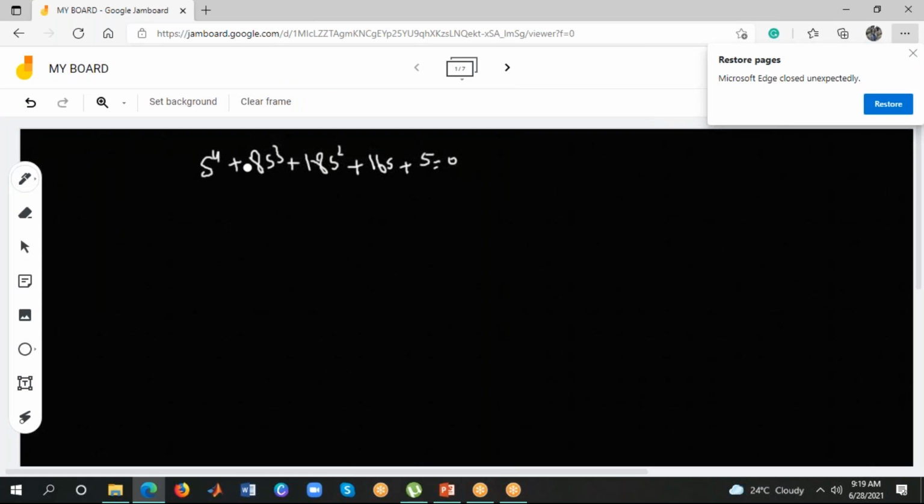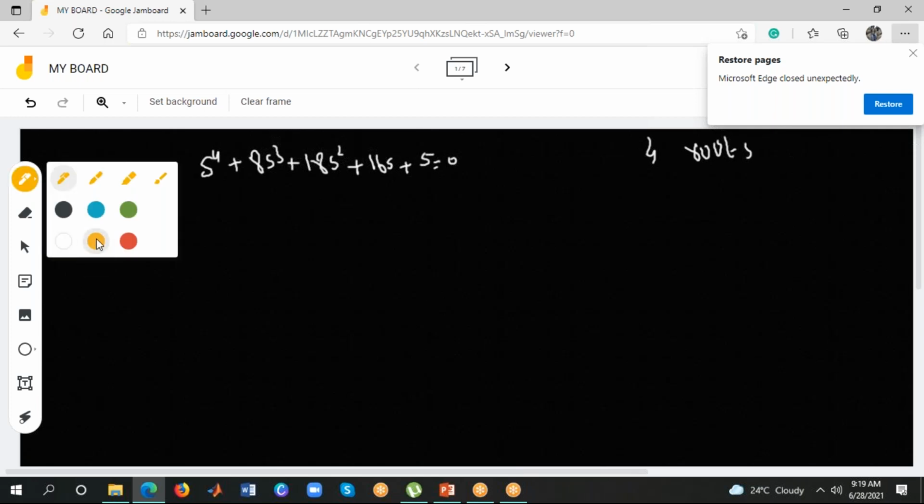So this is the s power 4 term, right? Surely you will get 4 roots. Now we need to know that out of 4 roots, how many roots are lying on the LH side, how many roots are lying on the RH side, and how many roots are lying on the imaginary axis. If you want to know this location of roots, you need to find whether the system is stable or unstable by constructing the Routh array. So I am going to construct the Routh array.